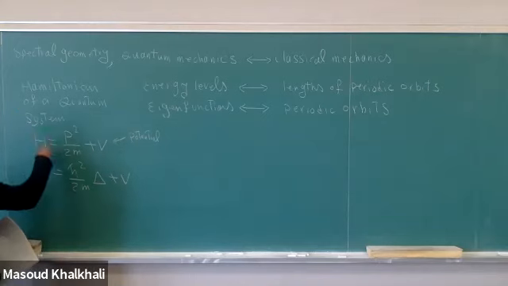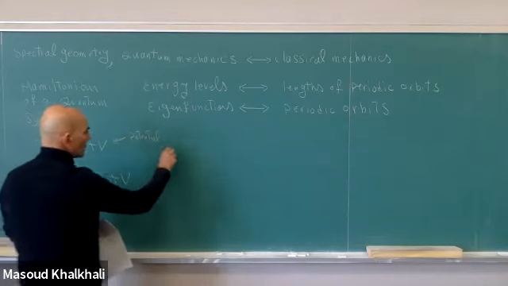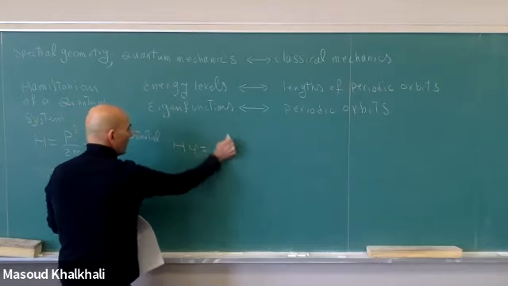So if you have this, this is the Hamiltonian operator. So you want to solve the equation H of phi equal to E phi. Let me write it as